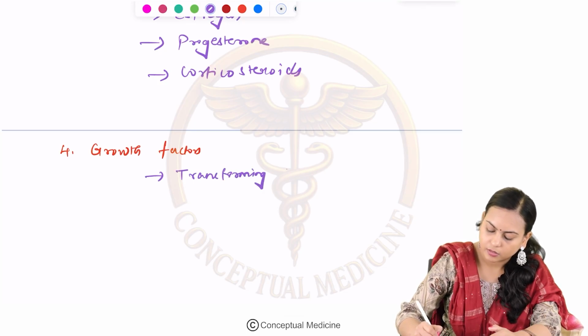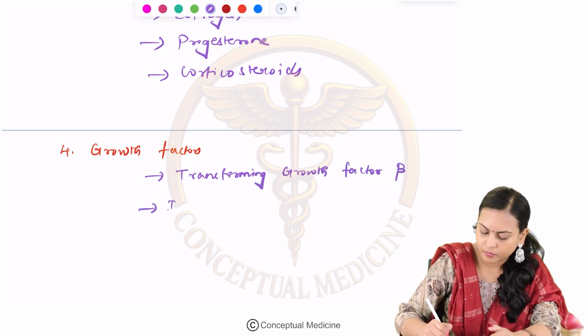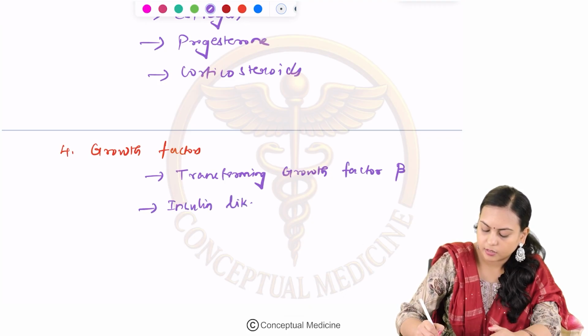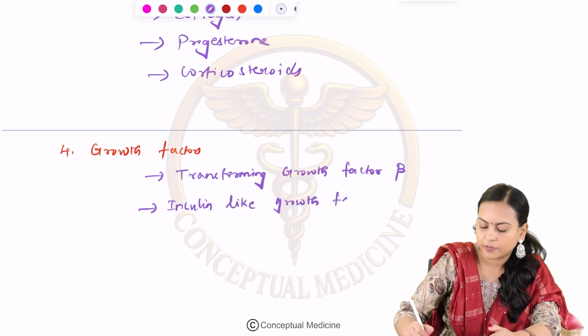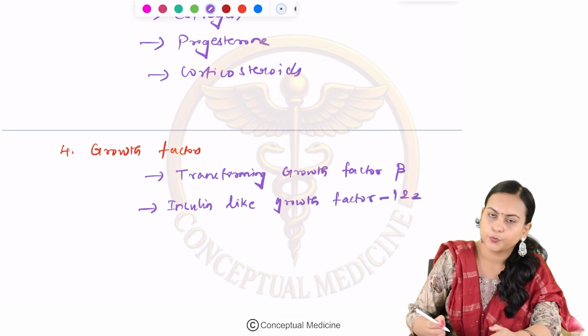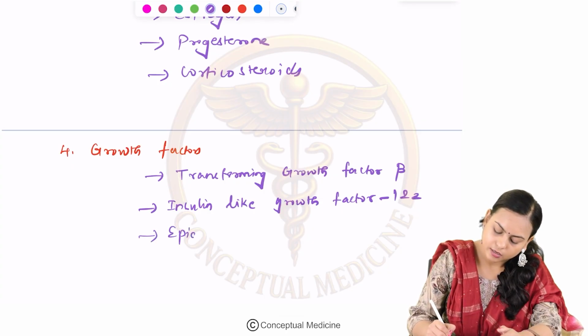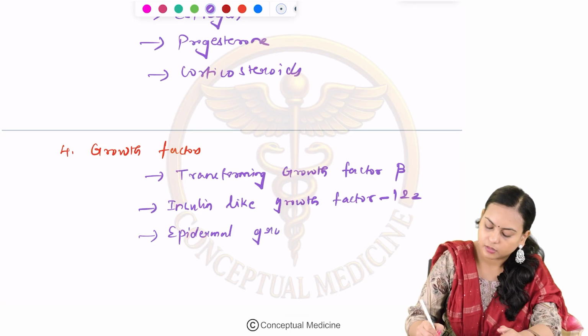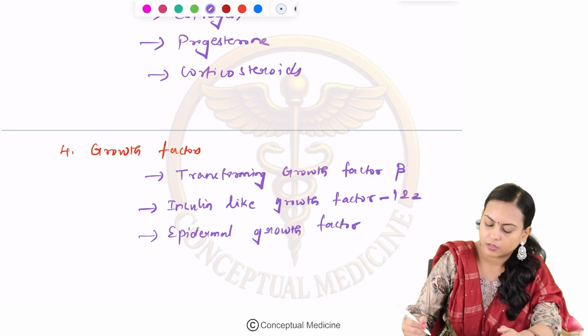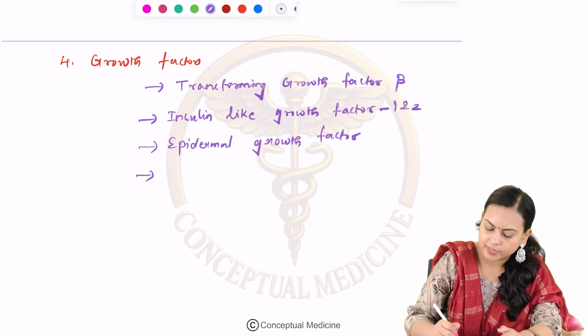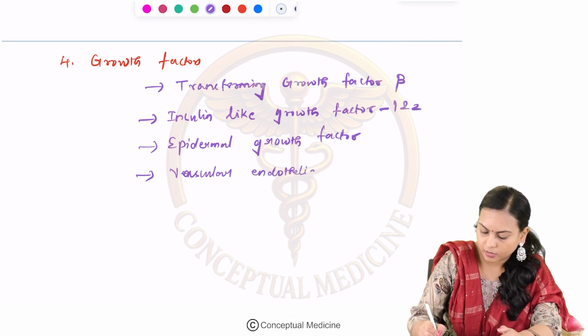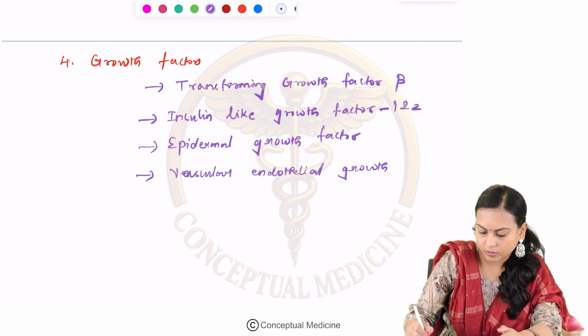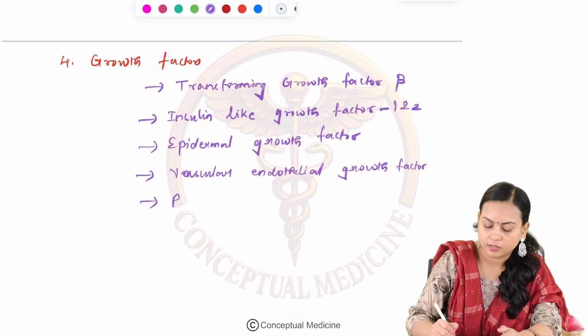And there are some growth factors also being produced by the placenta, and those include transforming growth factor beta, insulin like growth factor 1 and 2, epidermal growth factor, vascular endothelial growth factor, placental growth factor,